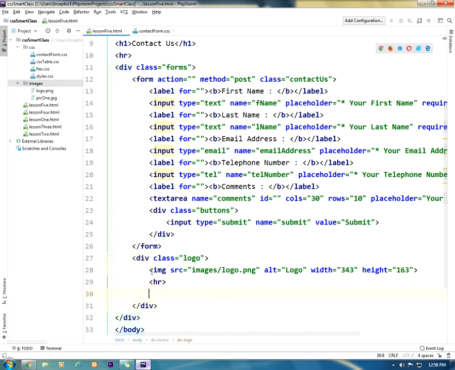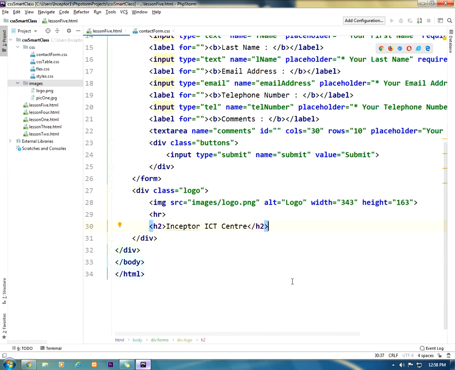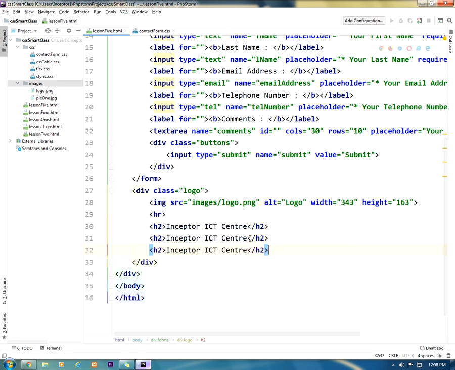So let's say we can have our H2. So maybe you can say Inceptor ICT Center. We can duplicate this. You remember to duplicate, you press Ctrl D. Just click at the end, press Ctrl D. You can press several times. So I can type here